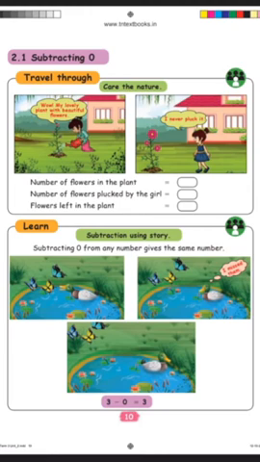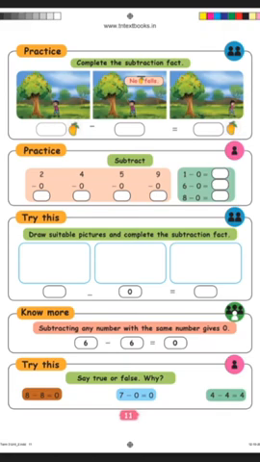Now take page number 11. See in that, one boy is there on a tree, and fruits are there. In the tree how many fruits are there? You can count 1 2 3 4 5 6 7. So 7 minus 0, that boy is trying to pluck the fruit but no fruit fell down. So it's 0. What is the remaining answer? 7. Same, the fruits are the same. If 0 comes, same number you can write. See 2 minus 0, 2. 4 minus 0, if 0 comes you can cancel every 0, same number you can write.